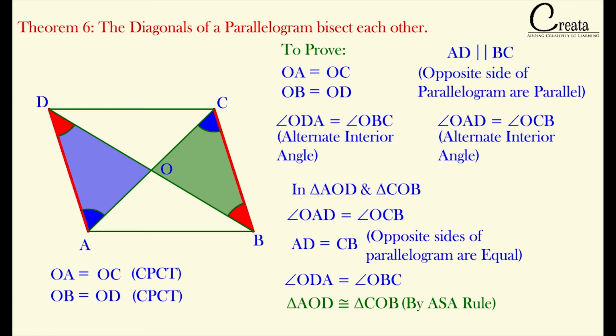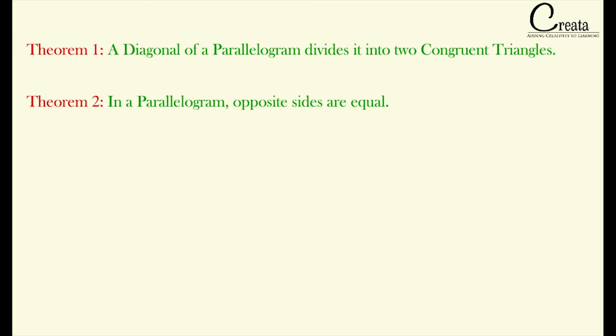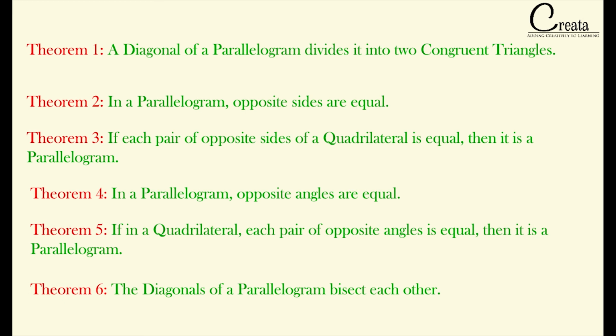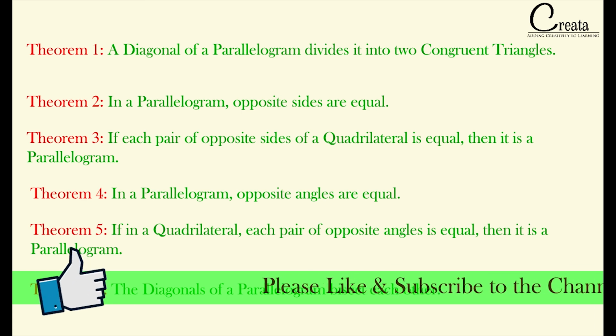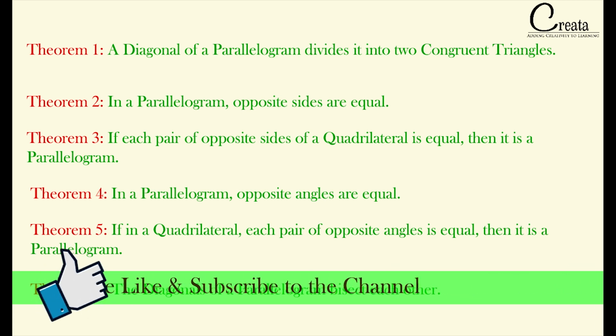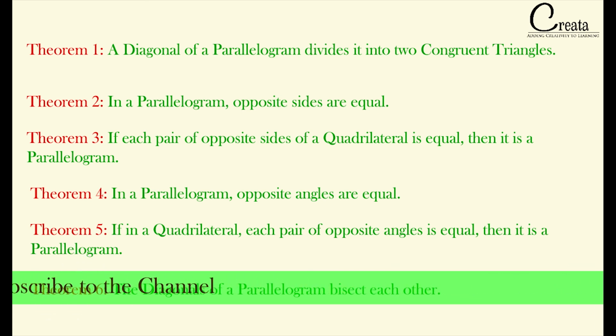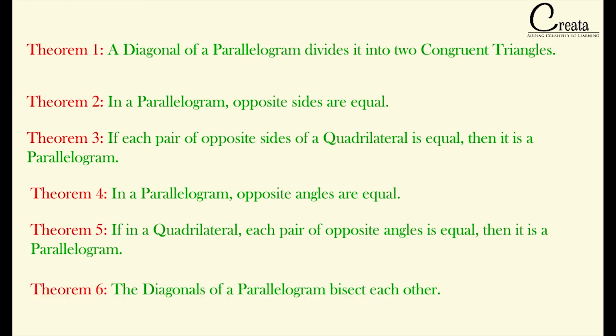Okay students, are you getting the fundamentals? All these theorems are interlinked. All the proofs of these theorems are very simple and very short. We only have to prove the respective triangles congruent, and in between we have to use the fundamentals of transversal lines. So if you have not covered the transversals, complete the transversals which come under the lines and angles chapter. Then come to this theorem portion of the quadrilateral.